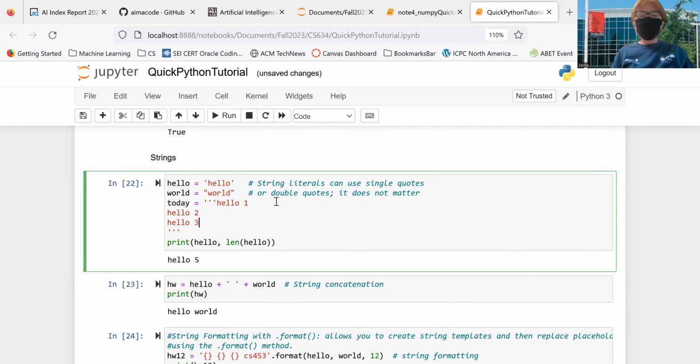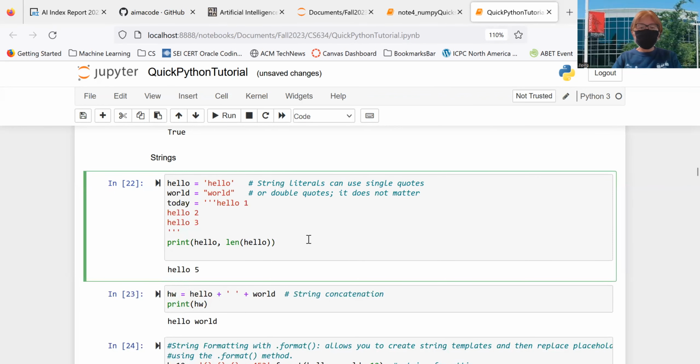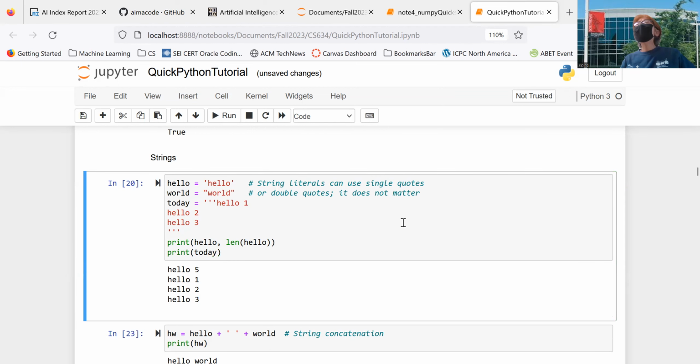Hello three. And then we can also print today. Did you see? It supports single, double, and triple. Triple is multiple lines. And for that purpose, if you use triple, sometimes you can also use it as kind